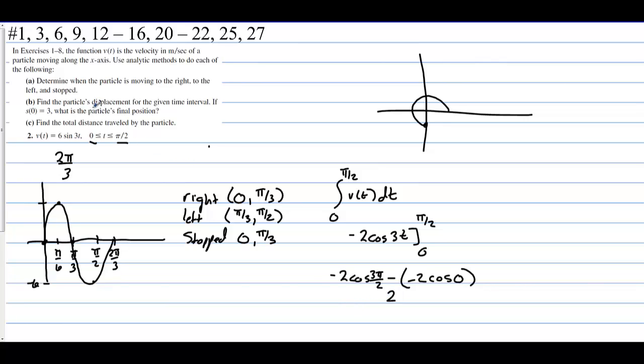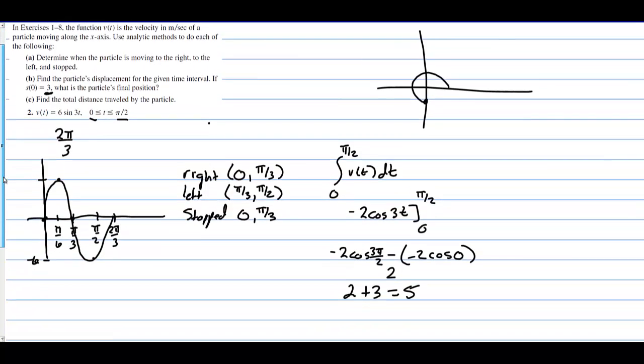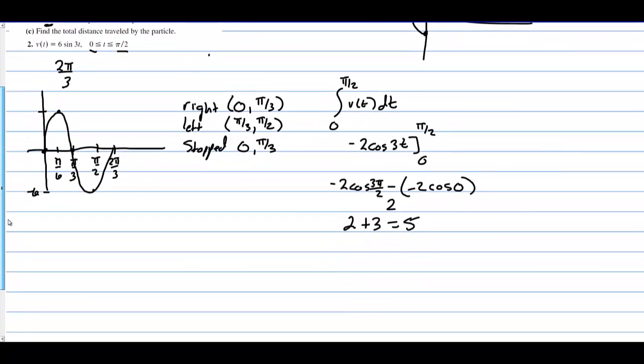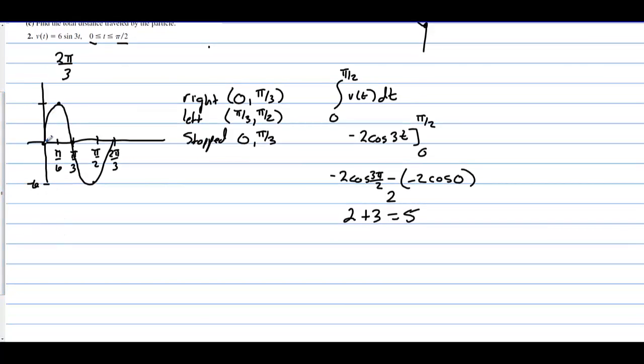Now if we want to know its final position, it started at 3 and moved 2 units. So let's take 2, which is the displacement, and we'll add that on to where it started, and the final position is 5. In part C, we want to find the total distance traveled by the particle from 0 to